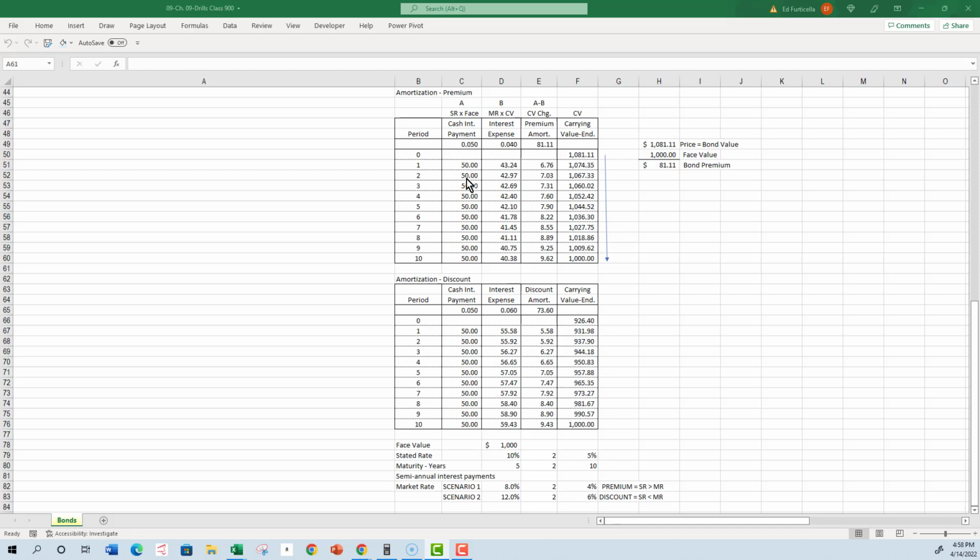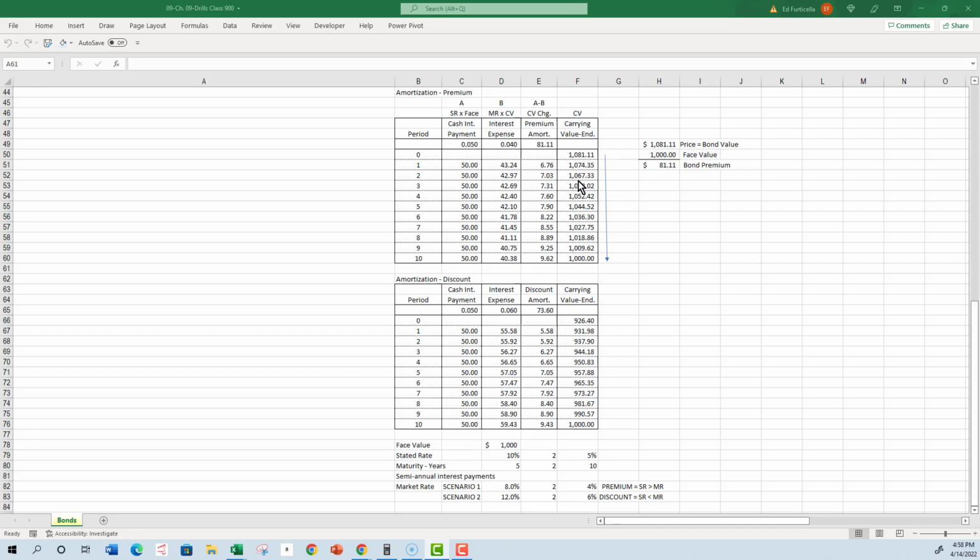For period 2, again, we will make a cash interest payment of $50. To calculate the interest expense, we will take the market rate of 4% and multiply it by $1,074.35. That interest expense will be $42.97. To get the change in value, or the amount of the premium amortized, we take the difference between the $50 and the $42.97 and get $7.03. To determine the carrying value now, we take the prior period's carrying value of